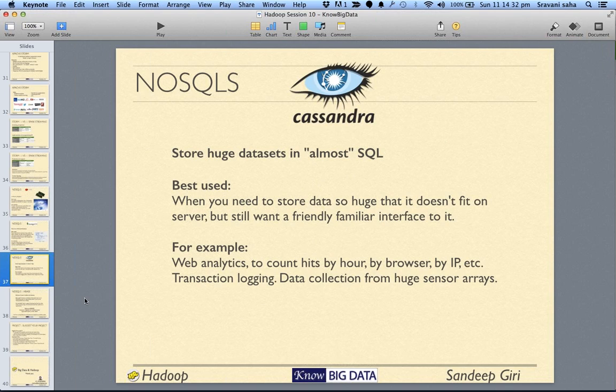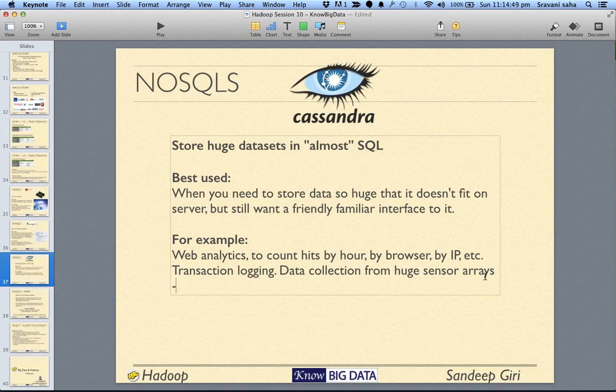The IoT data which is coming from various places can be stored in Cassandra, and web analytics to count hits by hours, by browser, by IP, etc. Transaction logging and data collection from a huge sensor array, meaning the Internet of Things data, could always be stored in Cassandra, and it would be a good solution for such problems.